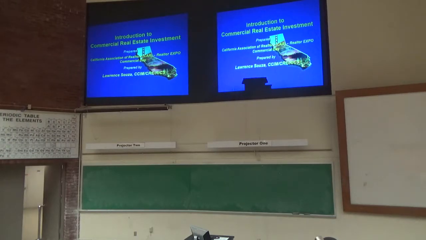Either way. But in Napa, I don't need government subsidies. In Chico, I'll need government subsidies. In Malibu, I don't need government subsidies. They probably need government subsidies in Redding because the economics aren't there.